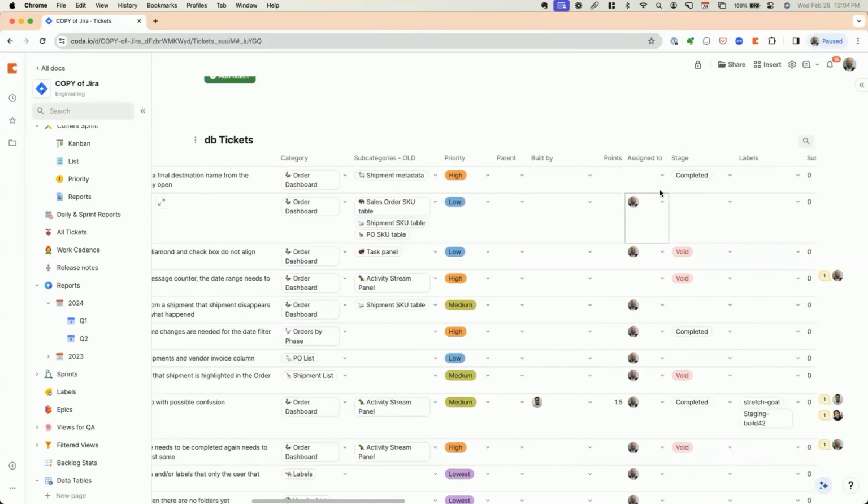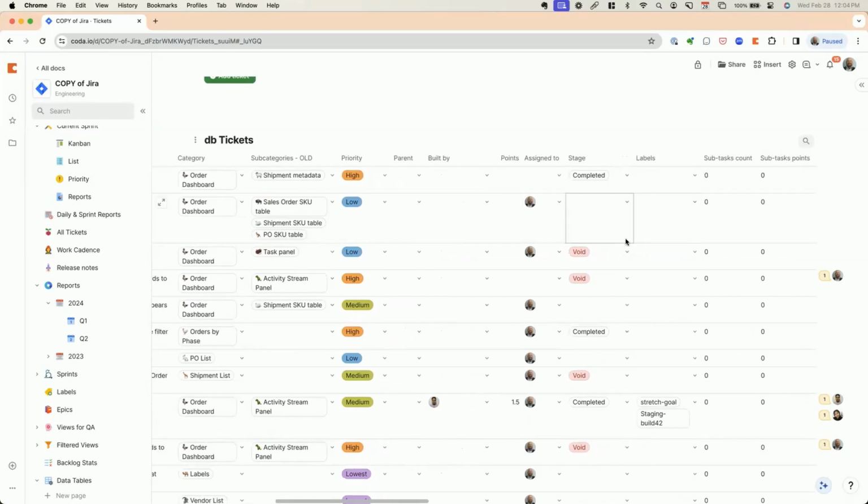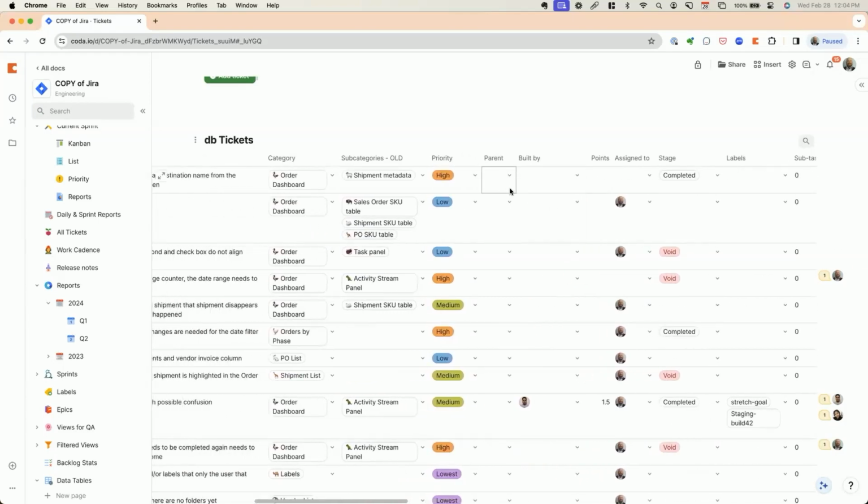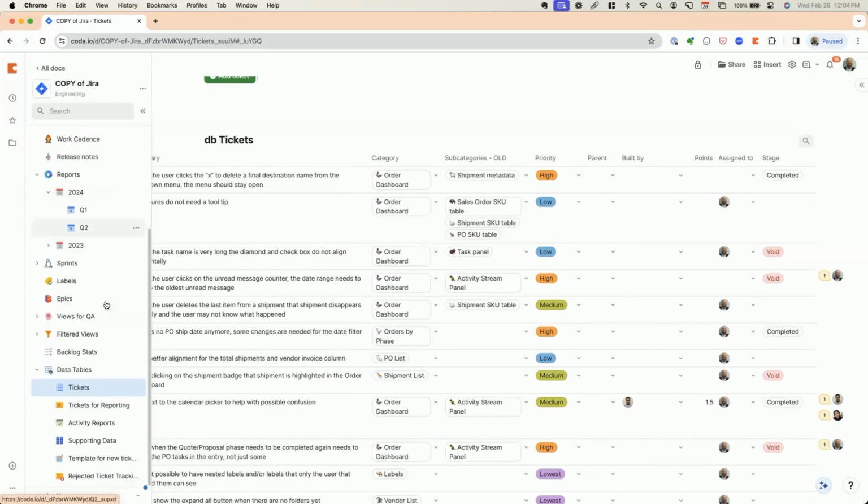We have who it's assigned to on the stage, but at one point we capture who it's built by, so that as we assign it to QA and other people, we always know who built that particular ticket. That's something that changed since the last time. And then we have labels and how many points it is, and a whole bunch of other things. I'll talk about parent in a little bit, but I want to point out a couple of other supporting tables,